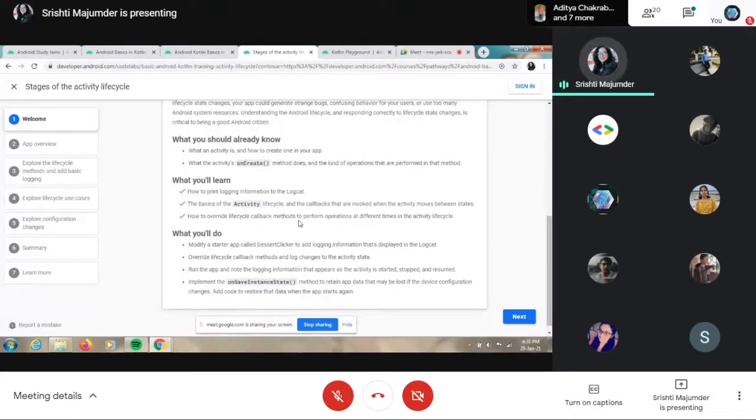You will learn how to print the log information to Logcat, and how long the activity life cycle callbacks will last. Sometimes in our apps there are several bugs, so you will understand how you can debug them easily.